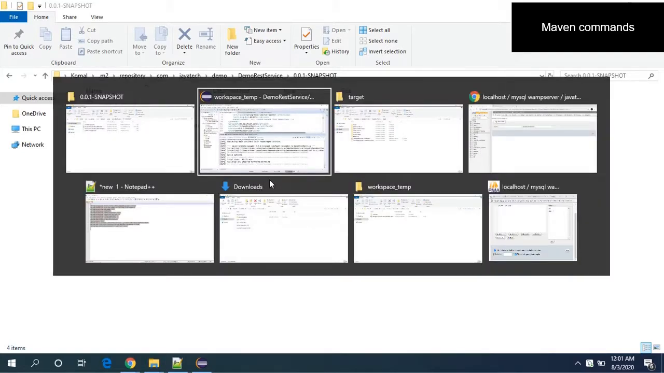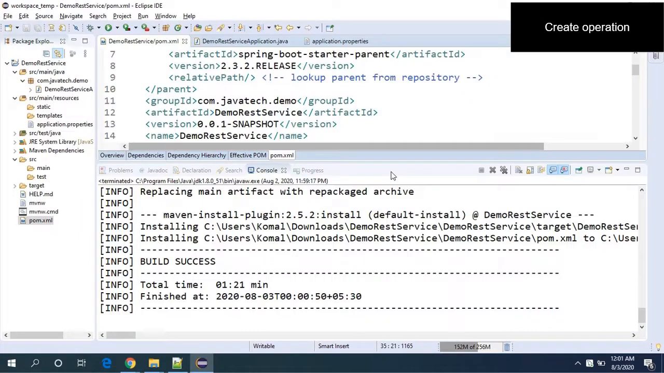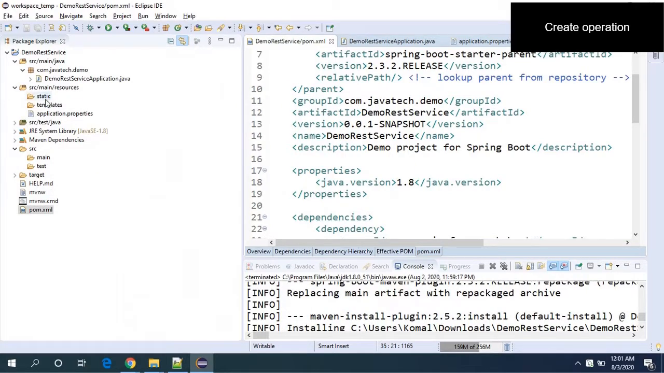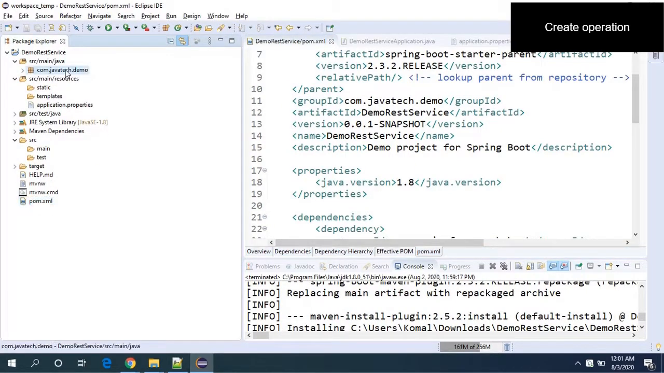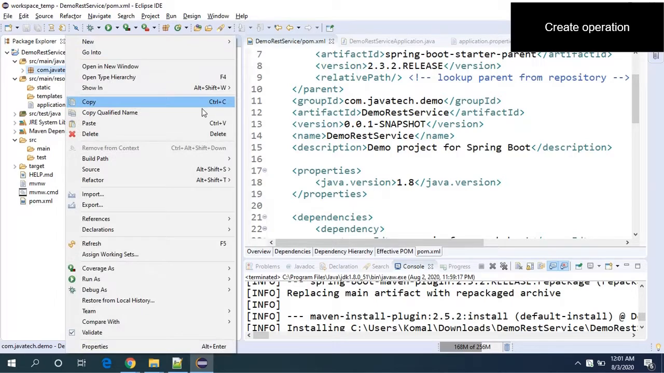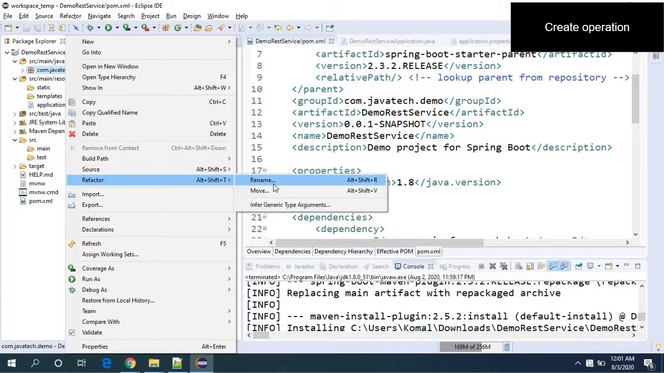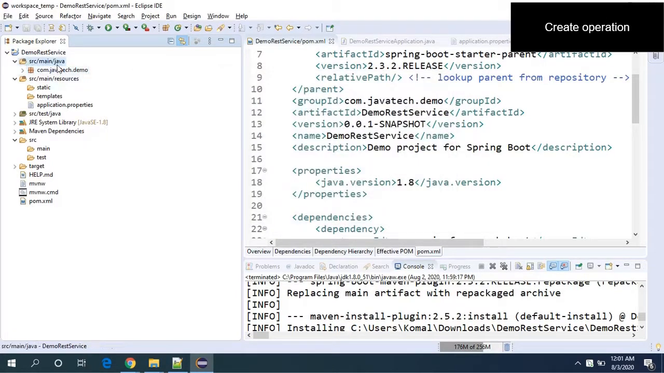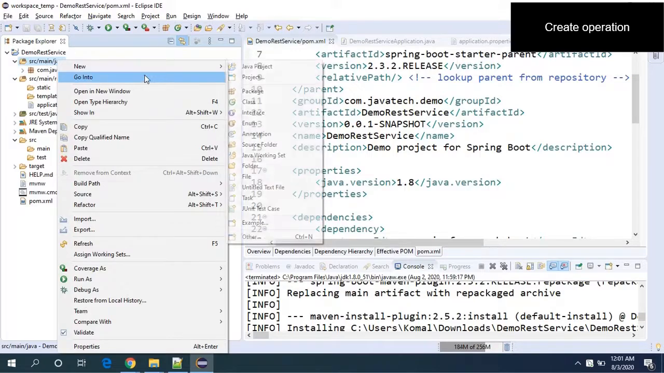Now let's start with our project changes. So we will start with the DB. So let's decide what we are gonna do here. I will copy this package name. Let's decide our project structure. So we will be creating